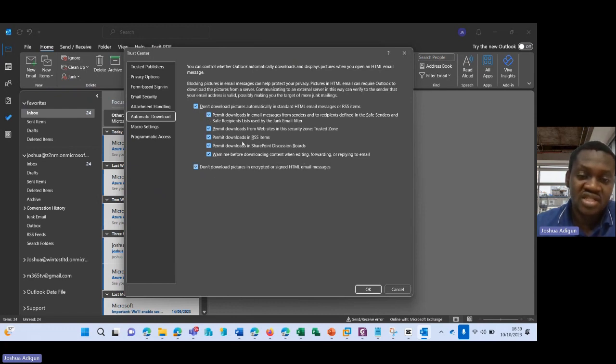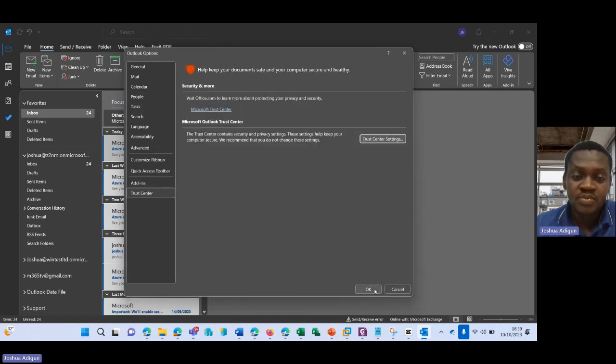Ensure that all these settings are checked. The first one here, don't download pictures automatically, warn me before downloading content, which is the last option under the sub options, yeah. And then also ensure that you select don't download pictures in encrypted or signed HTML email messages,